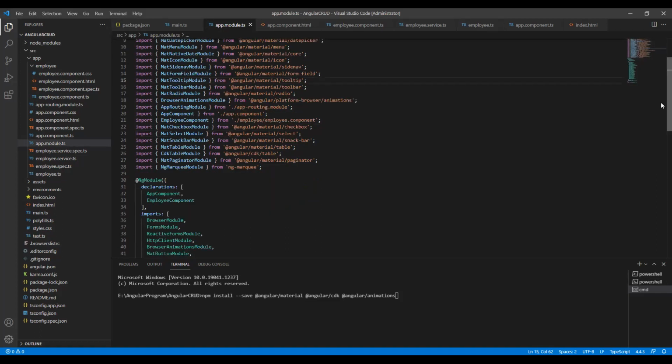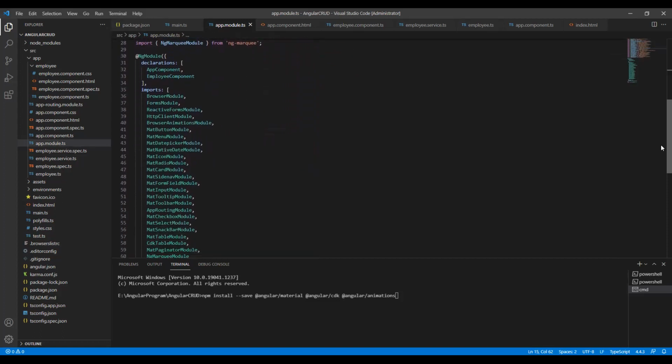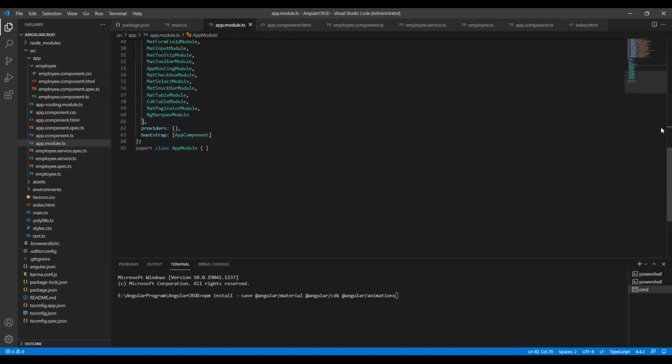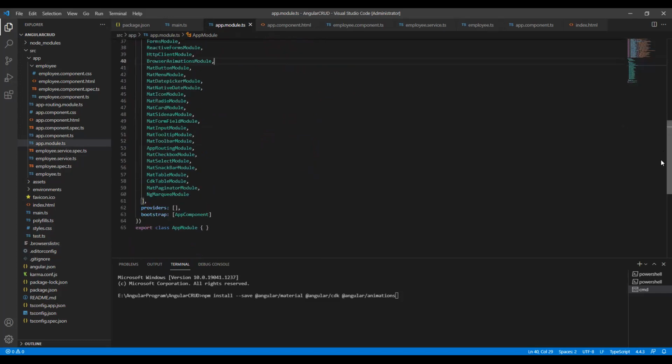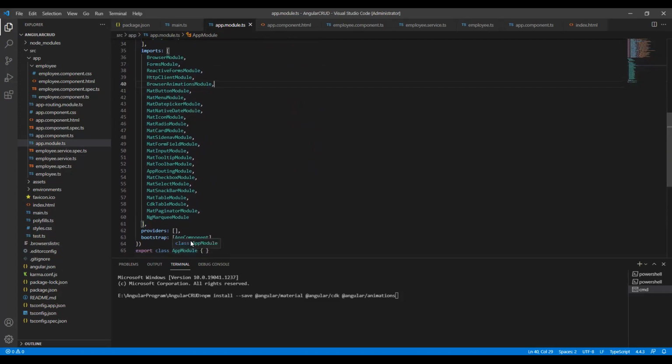Once you have imported everything, there is something called imports in the module. I'll give an example. If you have created any new component, you just come and initialize it over here, and whatever modules you're trying to import, you just have to define them inside here. As you could see here in the imports, I'm just registering all the things I just did. The bootstrap is the app component because that is the starting part of my application. So once you are pretty much okay with this part,